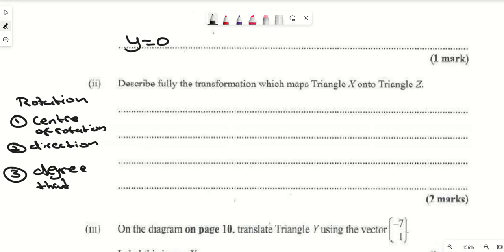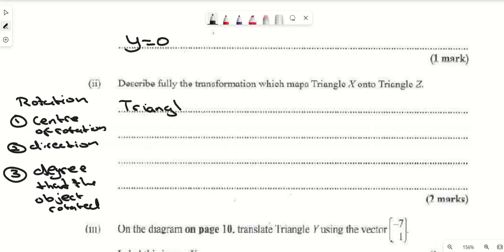The degree that the object rotated. And for rotation, you need your protractor. Okay? So first off, we're going to say